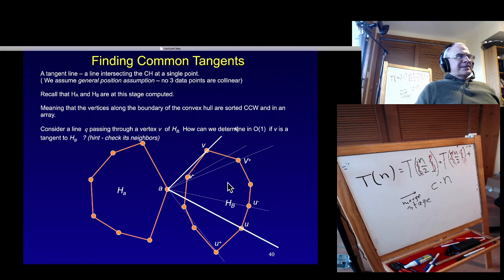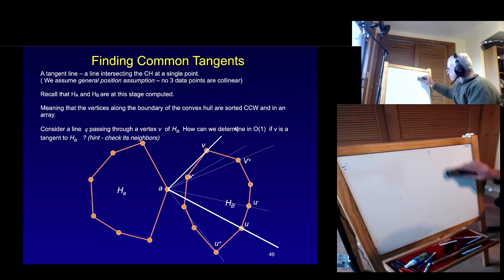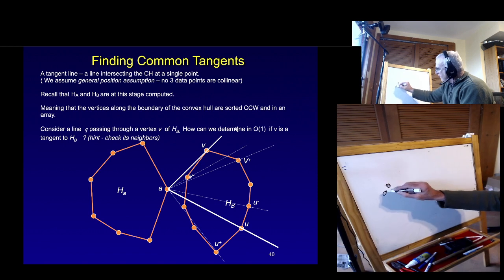Well, since the edge of B is convex, all I need to check is the vertex just immediately before, and the vertex just immediately after. If they are both on the same side of this line, then the remaining part of the polygon is also on the same side of this line, right? Because, proof by example,